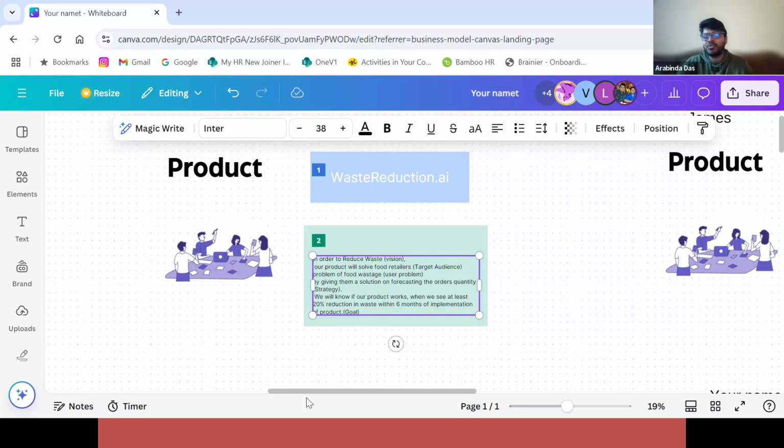That's a very straightforward product definition that you have provided, and it actually says what your product is doing and what your goal is. I will ask the audience to see if you have any feedback for this statement she has made on wastereduction.ai. Do you think any sort of changes are needed? As a layman, if I take this product definition to you, will you understand what she's trying to deliver to her customer, what she's trying to do?